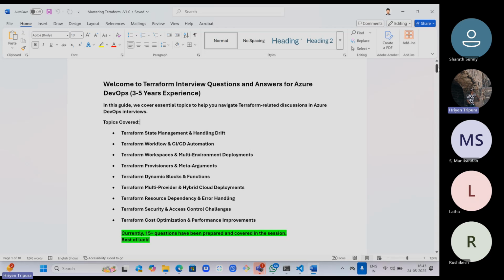So in today's session, we'll be learning about Terraform interview preparation for experience of 3 to 5 years. What we are going to cover in today's session, as you can see here, is state management and handling resource drift, Terraform workflow and CI/CD automations, then Terraform workspaces and multi-environment deployments, then Terraform provisioners and meta arguments, dynamic block functions, Terraform multi-provider hybrid cloud deployments, and